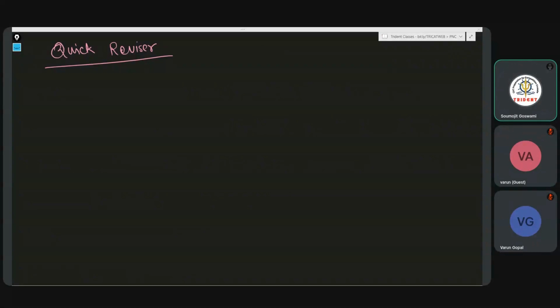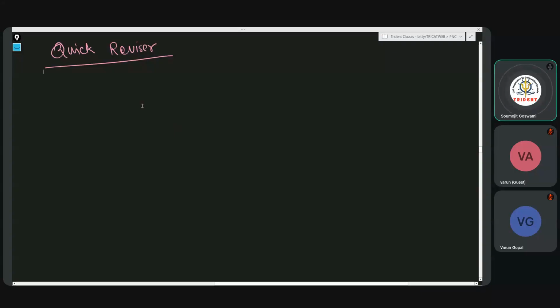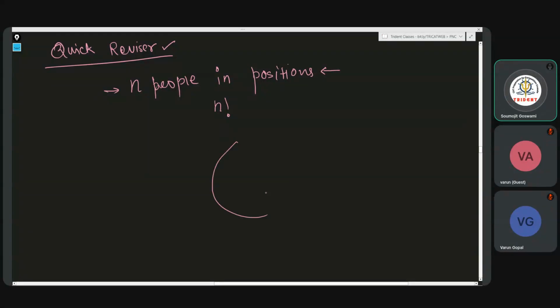First thing, a little bit of revision on PNC. I'm going to ask you a simple idea, which is that we understand the basics of circular arrangement, cyclic permutations. I always start this revision by asking about the simple idea that we all understand how to place n people in n positions, let's say chairs. In linear fashion we can do this in n factorial ways, but when it is a circular disk,